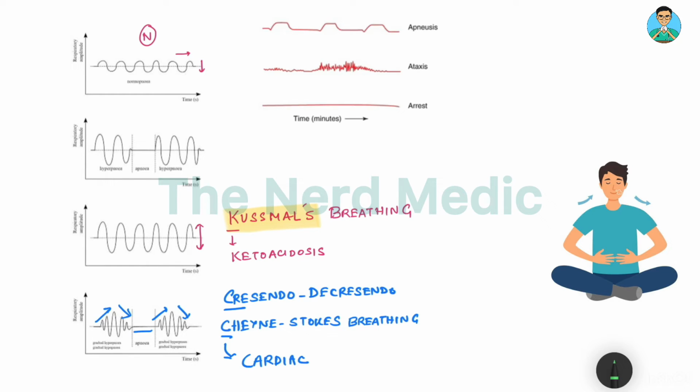Then we come to a breathing pattern where you have a phase of increased depth of breathing, that is hyperapnea. Then you have no breathing, that is apnea. And again a phase of increased depth of breathing and then no breathing. This is known as Biot's breathing. The B in Biot's should remind you that this is a brain problem, as in case of brainstem issues or